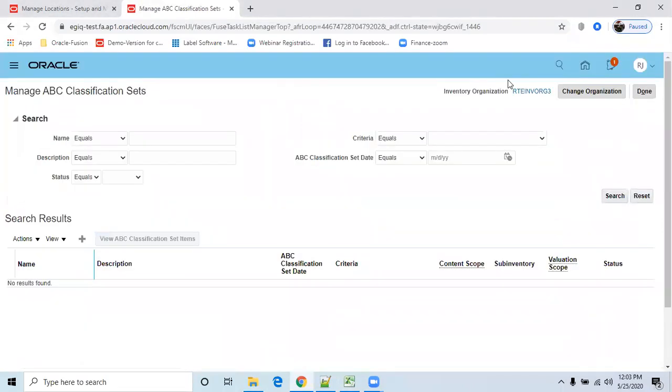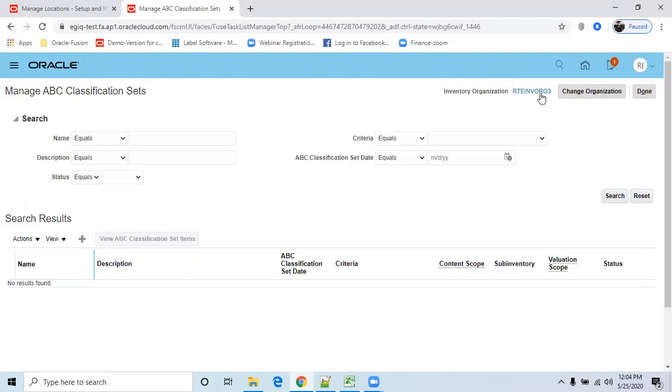Always the cycle count or physical count we're going to do at organization level or sub inventory level, but by default the system will consider organization level. If you want to do it only for a specific sub inventory you can do it, but across all organizations we cannot define this cycle count. So each organization only, we can define these accuracy methods.